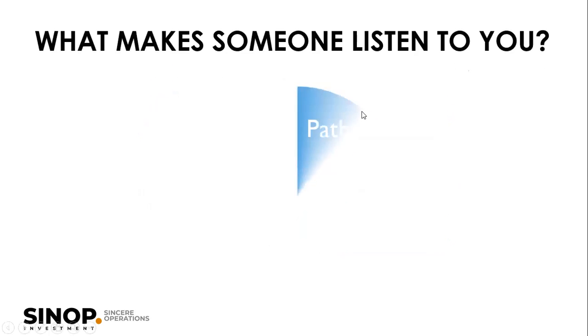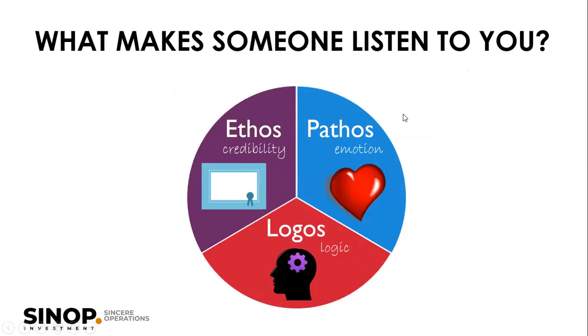So now let's talk about ethos, pathos, and logos. So simply put, Aristotle, a Greek philosopher, some of us may know him, and he's a personal favorite. So I'm going to be referencing him as I talk about ethos, pathos, and logos. He says that these are things that make people listen to us. Ethos has to do with credibility, and pathos has to do with your emotions, and logos has to do with logic. Now, these words are simply put, words to symbolize the meaning of each of these terms.